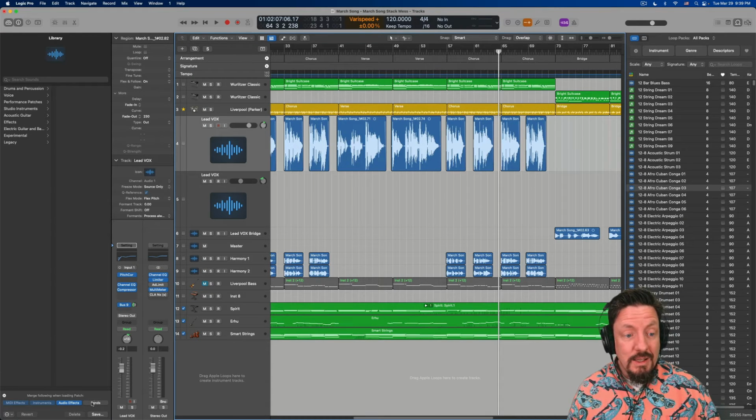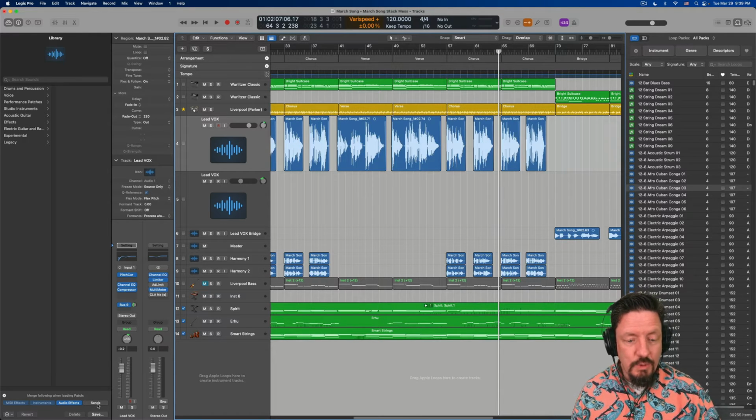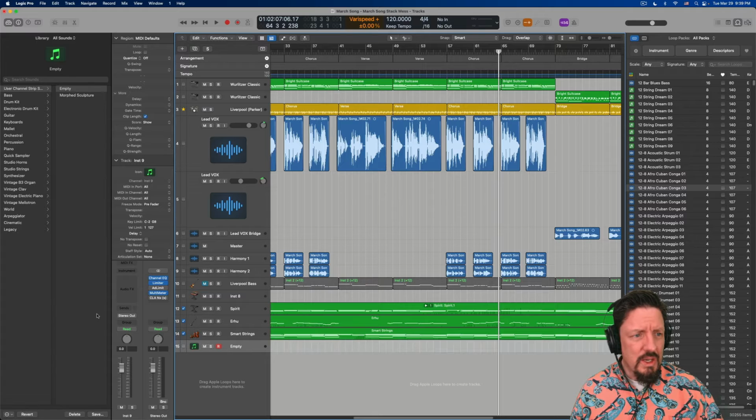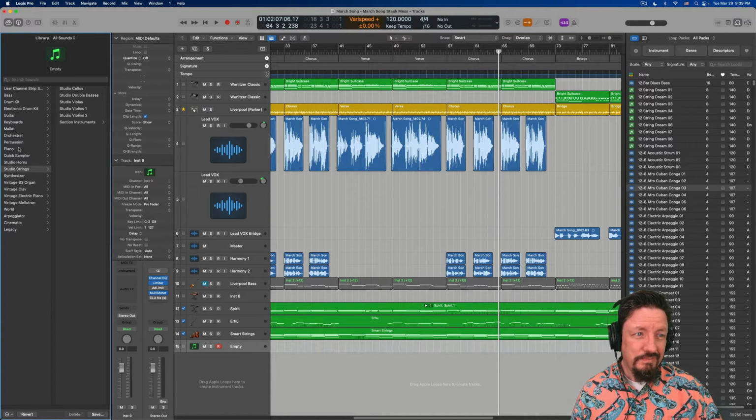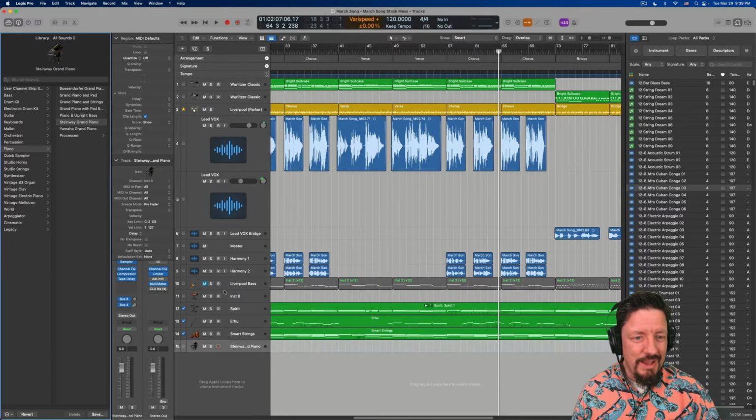In the past, the sends, they would all be lit up with blue, no matter what, when you turn this on. Now, when I turn this on, the sends stay gray. This is one of the biggest new features of this. That just means that if I come in here and let me just create a new instrument track, and I say, ooh, studio strings, or piano, Steinway, and you'll see that when I do that, it adds the instrument, effects,